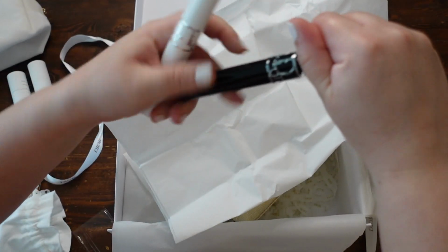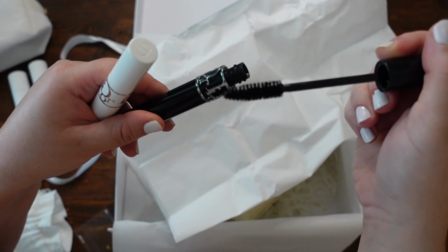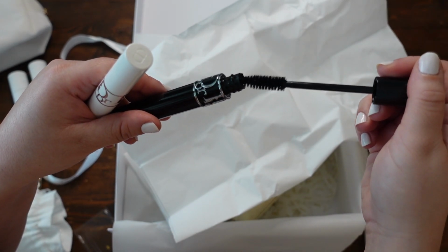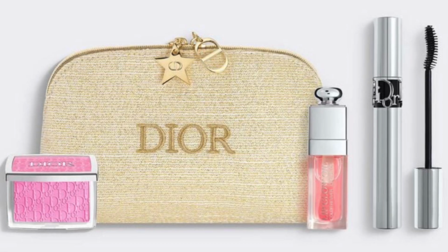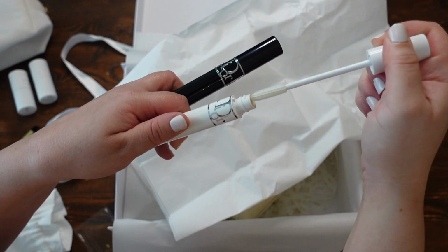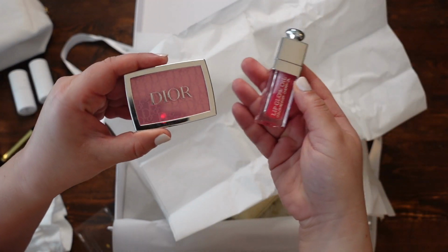And if you want to see the wands, if you haven't used this mascara before, this is the kind of wand it has. It's a really thick, fluffy, nice wand. I really like this mascara. There is a gift set with the Overcurl mascara if that's one that you prefer from Dior. I really love that mascara as well. That wand has a curve to it, and that gift set also comes with the blush in pink